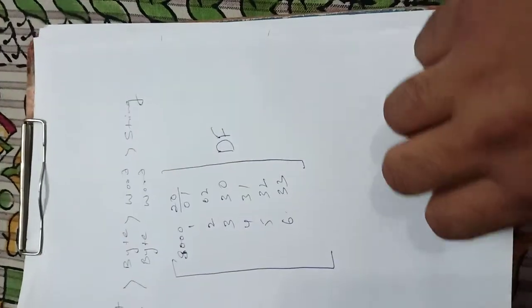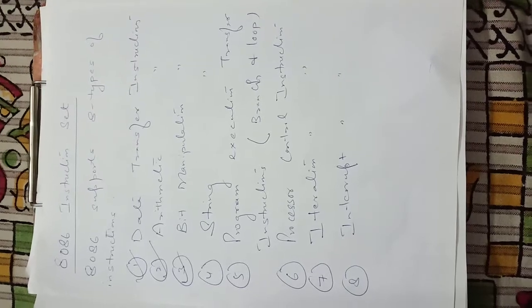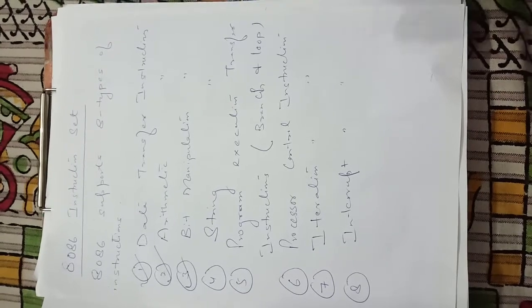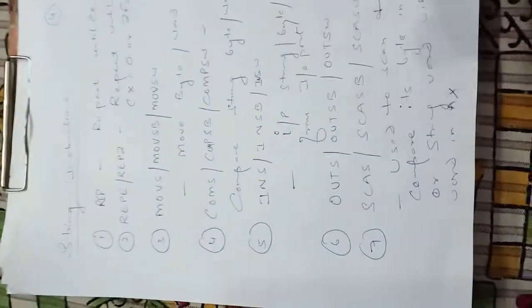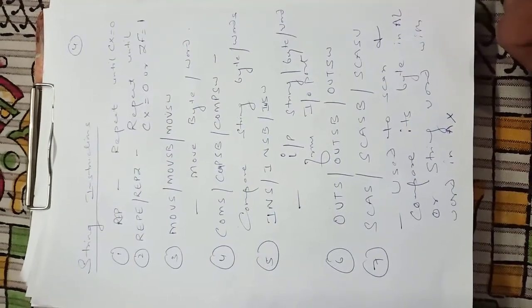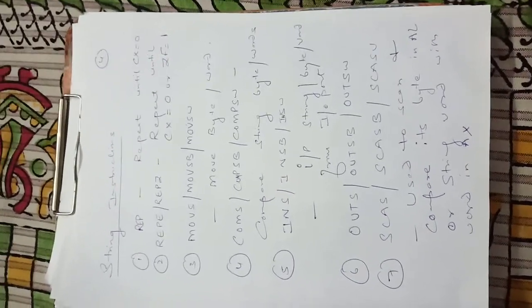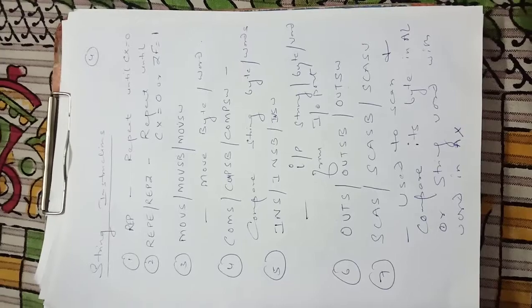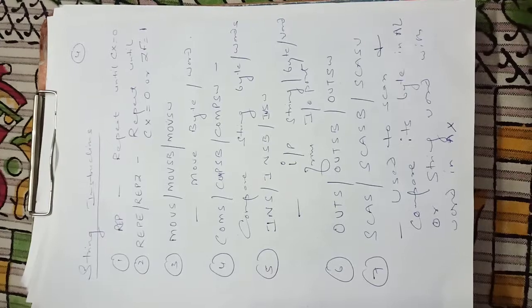Now when we talk about the string manipulation instructions, that is basically point number 4 of this overall classification. That is, 8086 has 8 types of instructions. First 3 we have covered in earlier video. Now it is the time for the string manipulation instructions. These instructions are basically related to byte and word, that is REP, that is repeat until CX is equal to 0. Again, it is basically a counter that we have set in the form of CX, and with each movement the value of CX is decremented. Again, we repeat until the value of carry flag is 0 or zero flag is equal to 1.